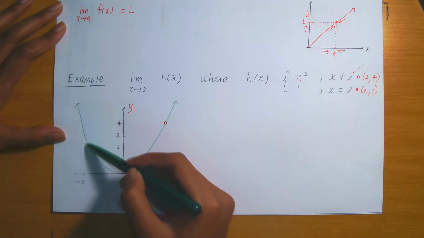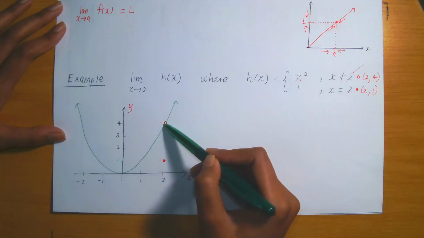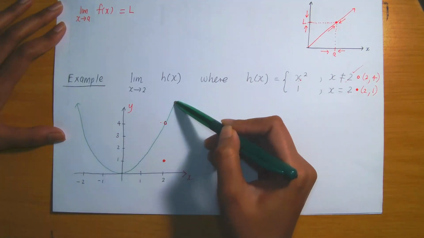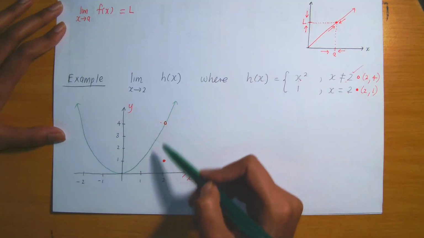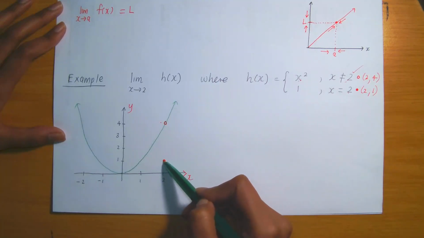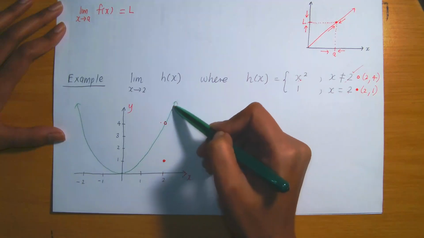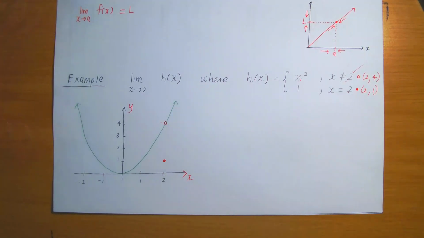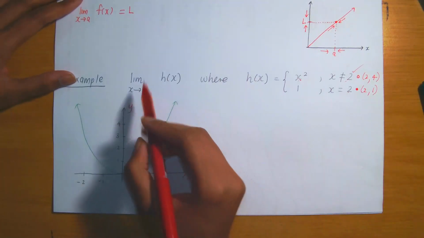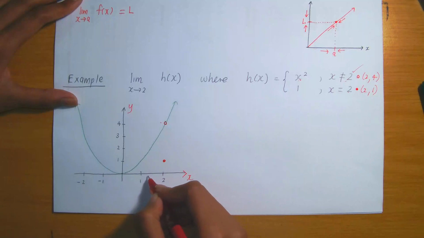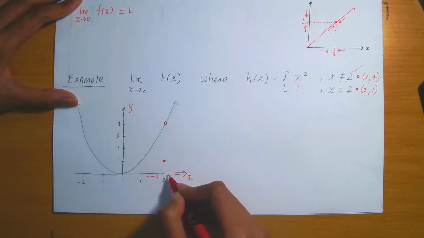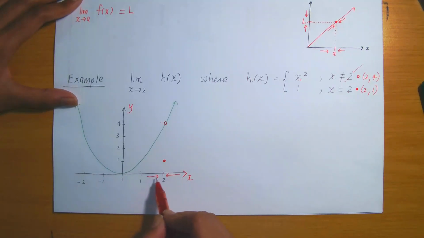Observe, I would have drawn, I'd come to this point, stopped, picked up my pen, and then drawn again. I would have picked up my pen because I would have to jump down here to color it in, then jump back up to continue with the rest of the parabola. So this is a split function resulting in this graph. Right, so let's now inspect what is happening. We want the limit as x approaches 2. So I need to approach 2 from the left and the right. So when I approach 2 from the left and the right graphically,